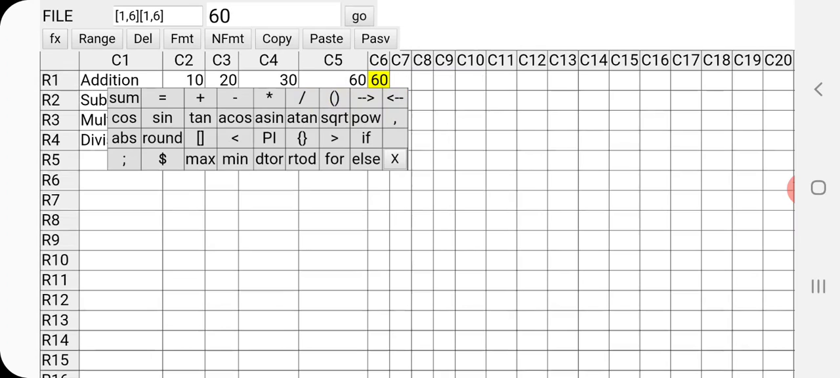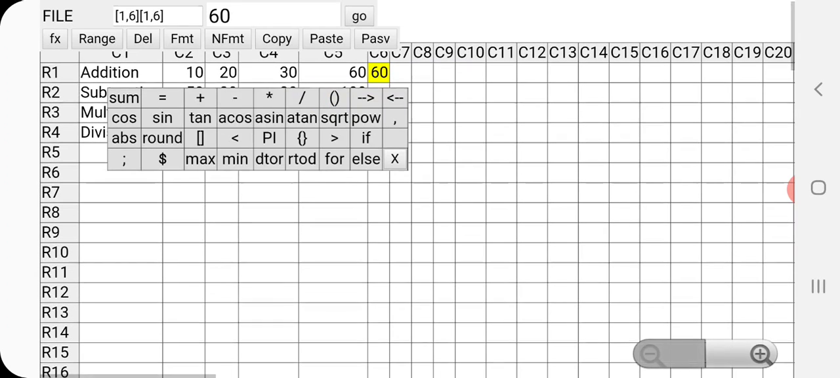In the top row, after sum, you have the equal to sign, plus sign, minus sign, asterisk sign, then slash sign, then ordinary brackets open and close. Then this is the right arrow key and this is the left arrow key. In the next row you have cos, sine, tan, arc sine, arc cos, arc tan, square root, POW, and